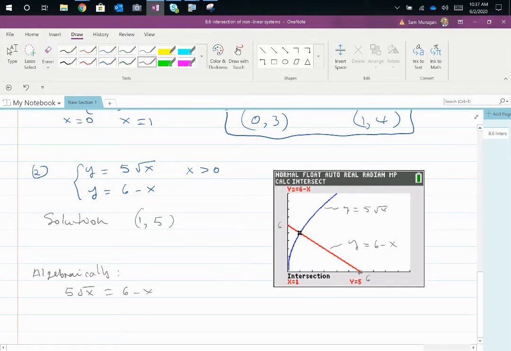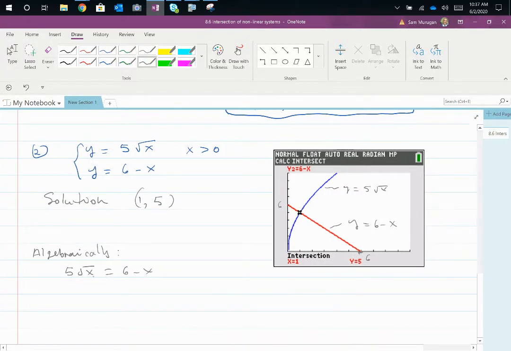And this is a lot of work to do, right? Square both sides. We have 25x is equal to 6 minus x, quantity squared. Okay, if you square both sides, so 6 minus x squared, if you do FOIL on that,